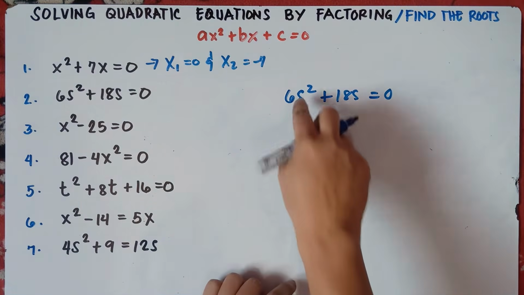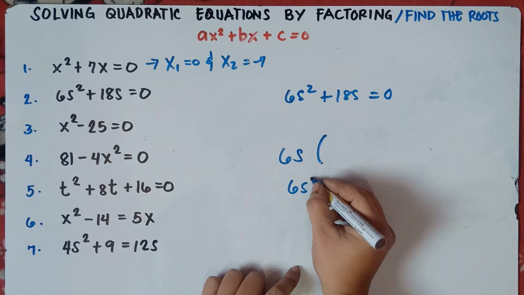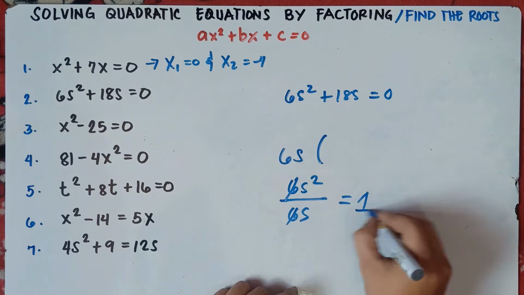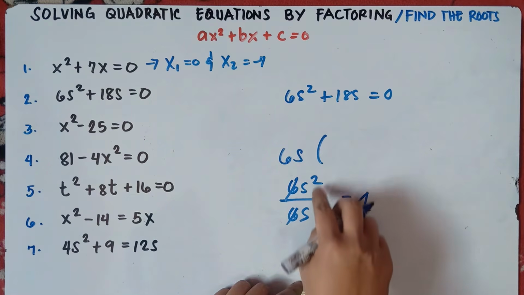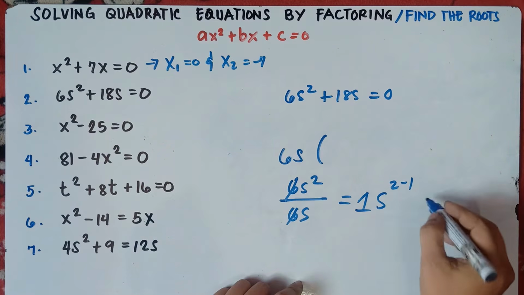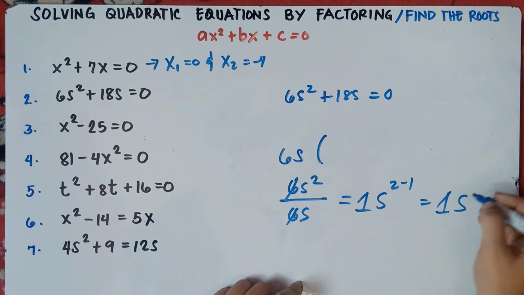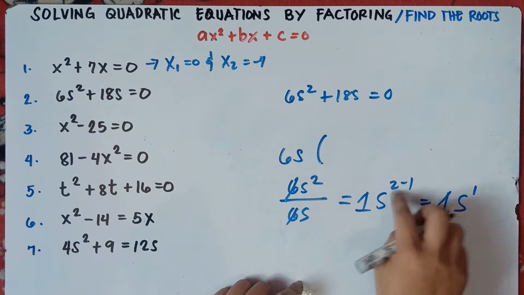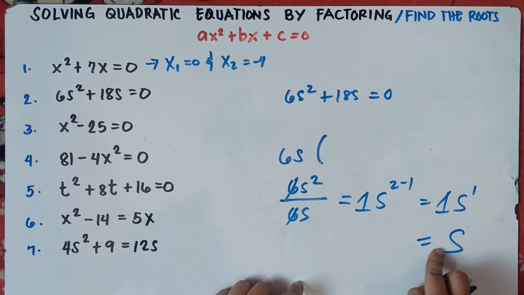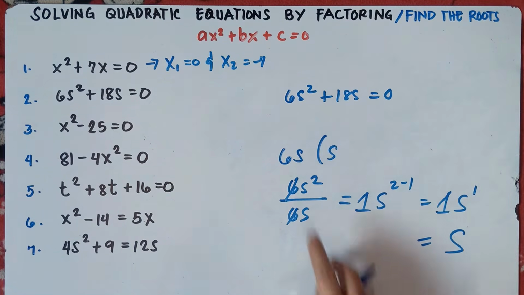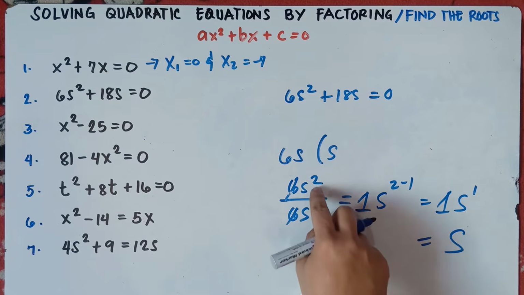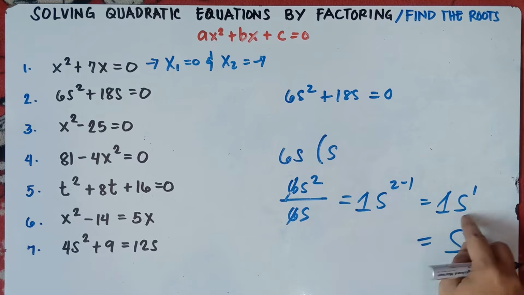And then you put a quantity. Then you divide 6s squared by 6s. 6 divided by 6 is 1. s squared divided by s, subtract the exponent. So s raised to the power of 2 minus 1, or this will be 1s, because understood that s here has an exponent of 1. 2 minus 1 is 1. Or simply copy s. That would be s. So 6s squared divided by 6s: 6 divided by 6 is 1, s squared divided by s is s, s raised to the power of 1, or s.